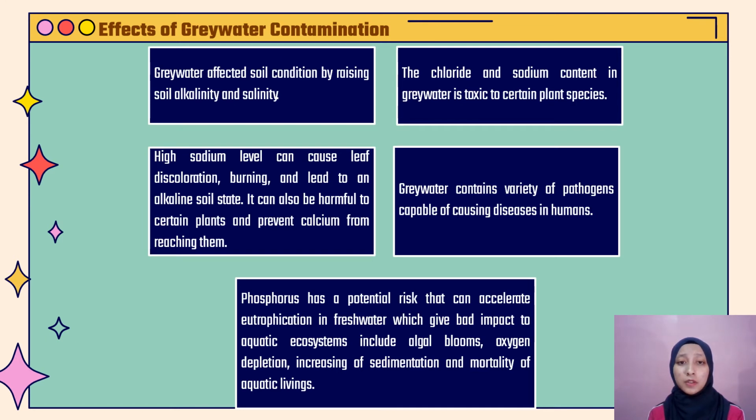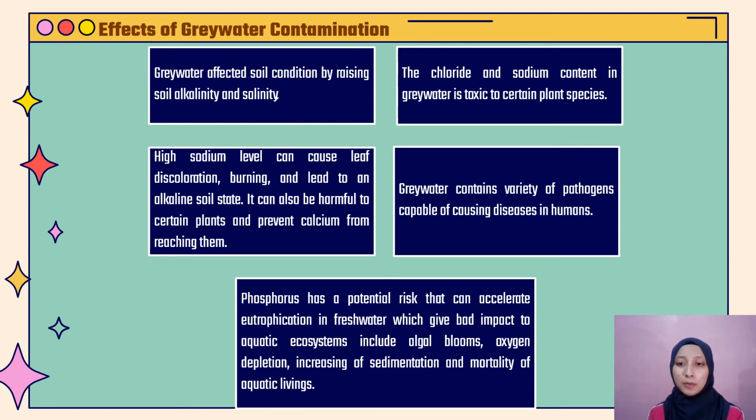This is because high sodium levels can cause leaf discoloration, burning, and lead to an alkaline soil state. It can also be harmful to certain plants and prevent calcium from reaching them. Moreover, grey water contains a variety of pathogens that are capable of causing disease in humans. Lastly, phosphorus has a potential risk that can accelerate eutrophication in fresh water, which gives a bad impact to aquatic systems